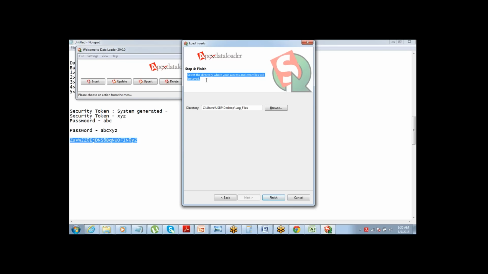Let's say you're trying to import 1000 records, and out of 1000, 20 records have errors. They cannot be processed for any reason. The success file will give you which records were successfully inserted. The error file will give you which records were not inserted because of the error. Got it? Let's go ahead and click on finish.